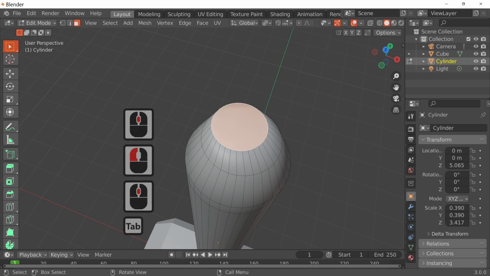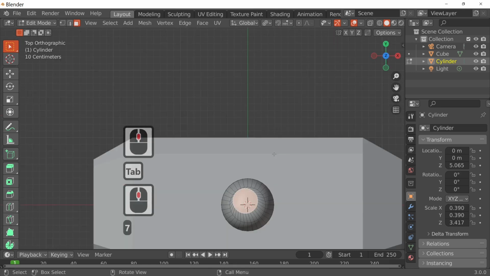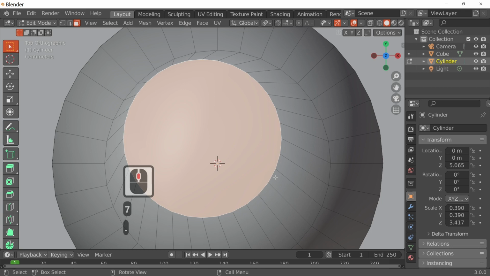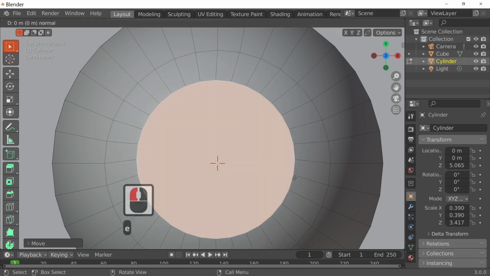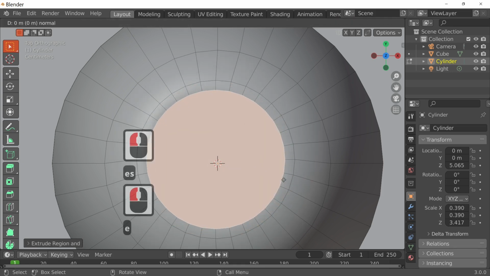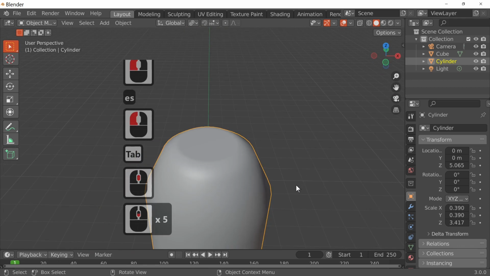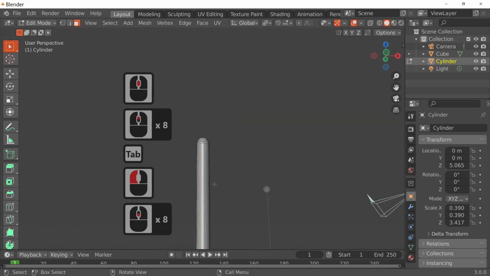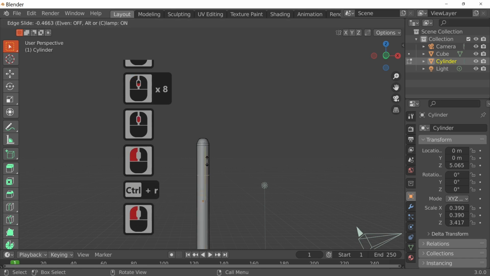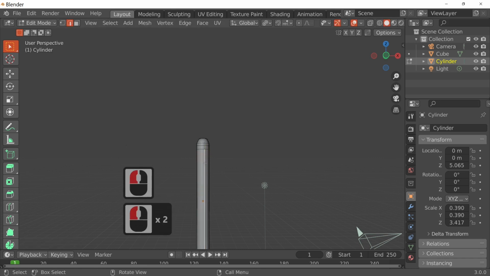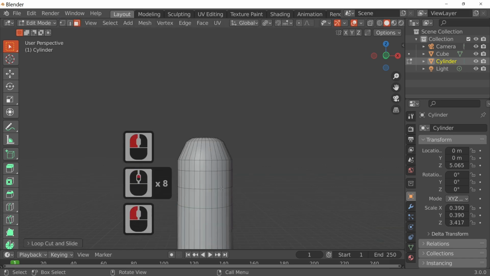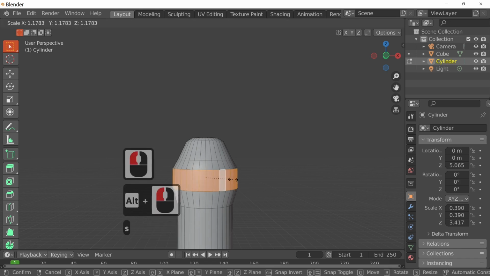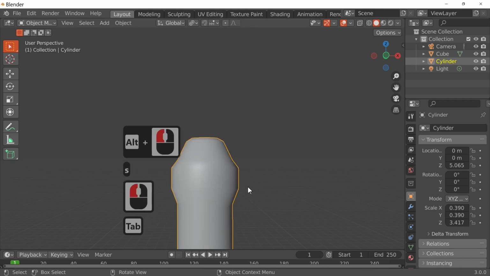The way to get rid of the distortion, in fact that's absolutely rubbish, that. I'm just going to re-centralize that by pressing the G key. And E and S to scale, and E and S to scale, just to give it a flat top on our handle. Right, Control R, I'm just going to put a loop cut there, Control R, put another loop cut there. Control R creates a loop cut, and what I can do is select these edges here and scale it up, just to get that kind of shape.